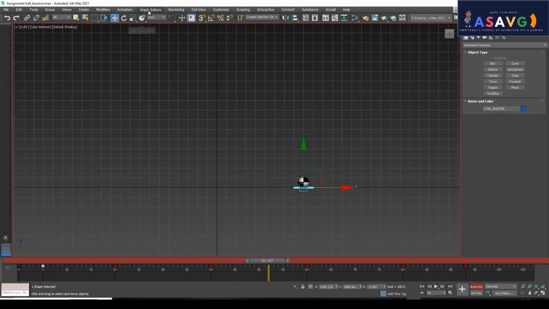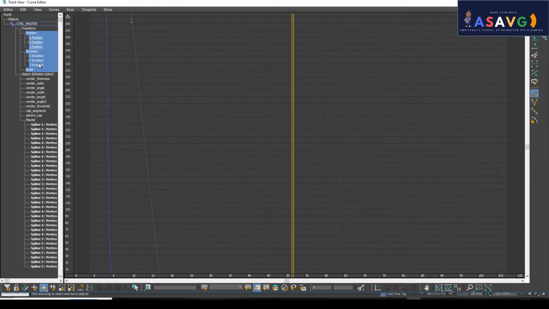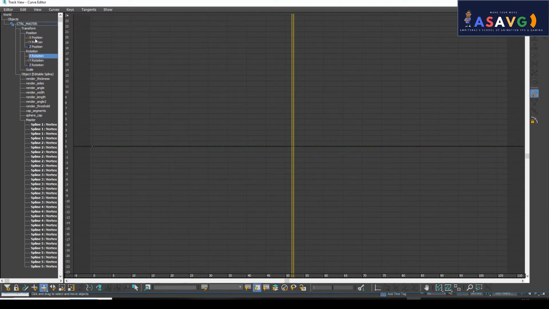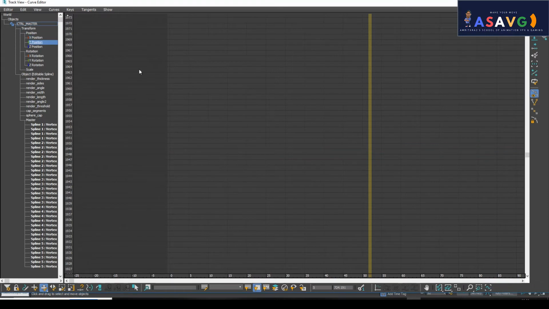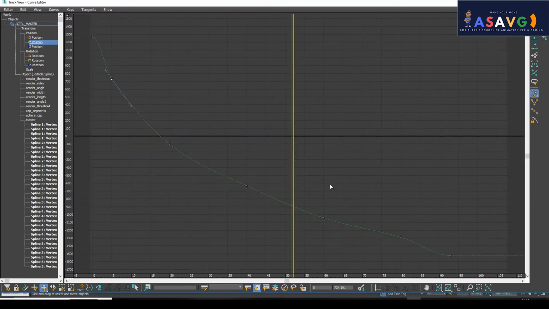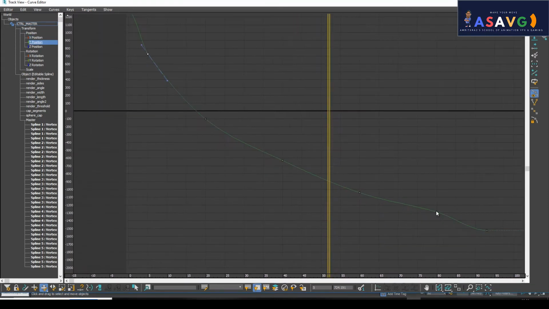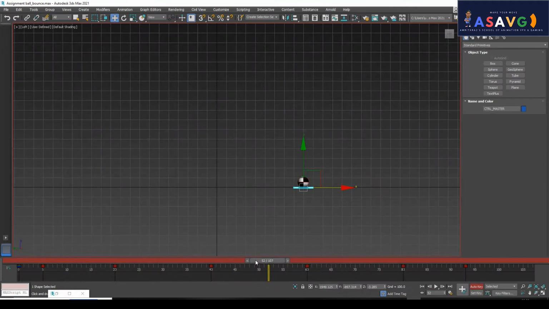So we will be fixing it in the graph editor. Go to graph, then curve editor. I will be checking what the problem is. I'm clicking here and selecting the whole keyframes. This is a straight line, there is no motion, so click here. Yeah, this is the problem we are finding. This is the curve we are going to delete, so click this and delete it. Okay, now you can find.